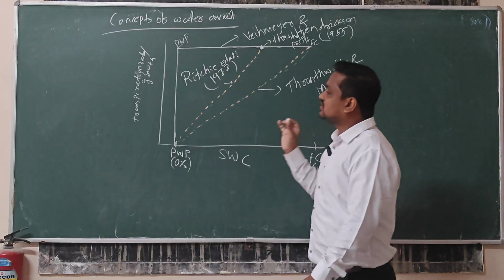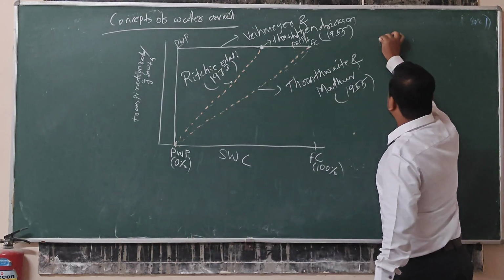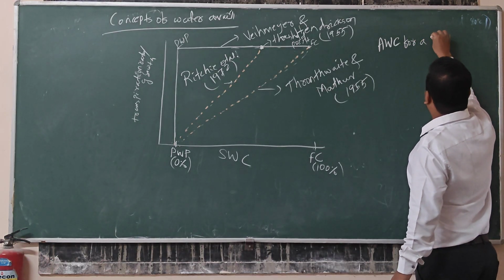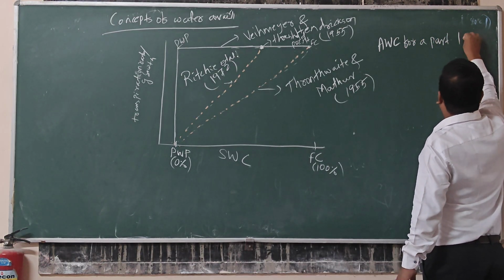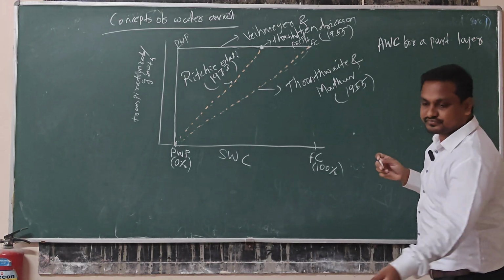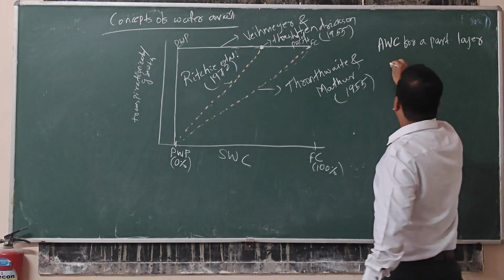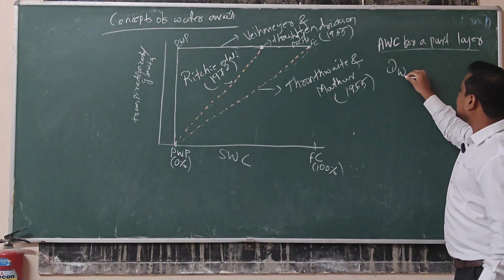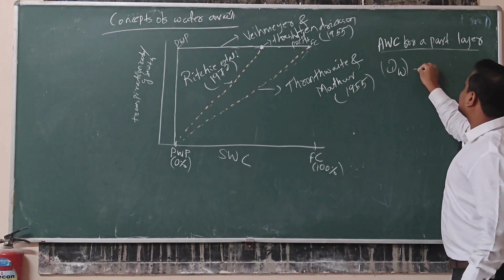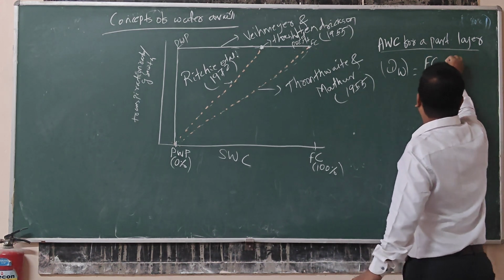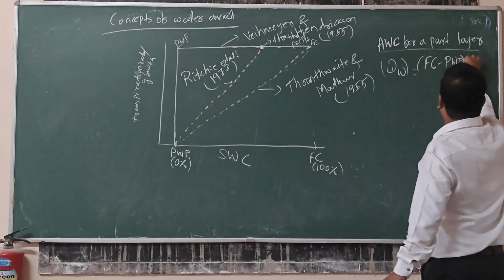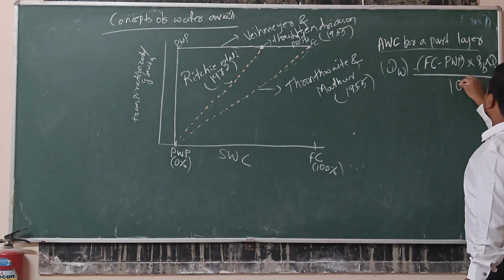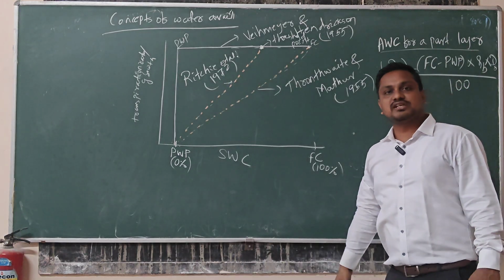But actually, in field conditions, we calculate this available water content for a particular layer. dW is the available water capacity for a particular layer. We calculate it as field capacity minus permanent wilting point, into bulk density, into the depth of soil, divided by 100. Actually, in this way we calculate the